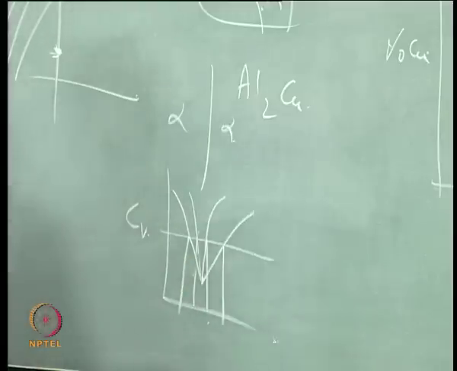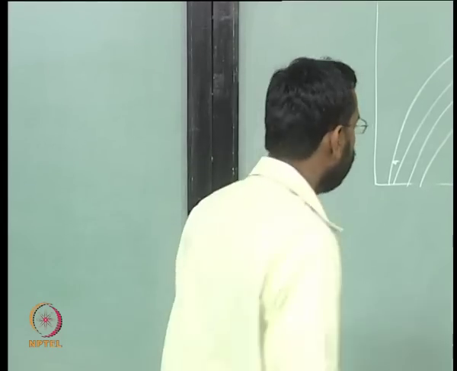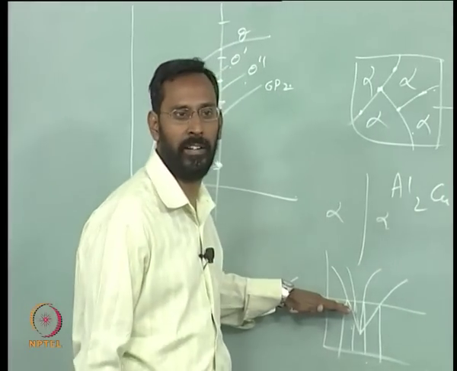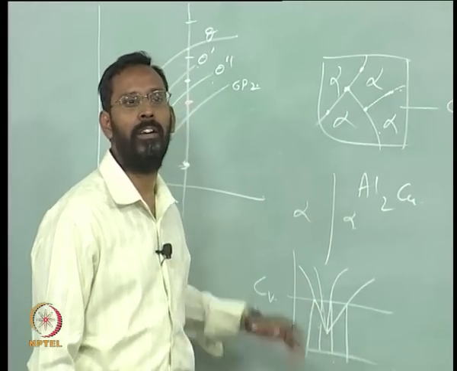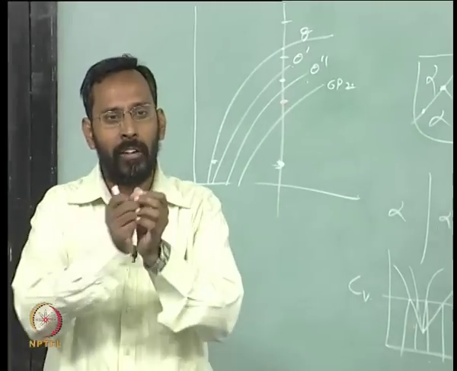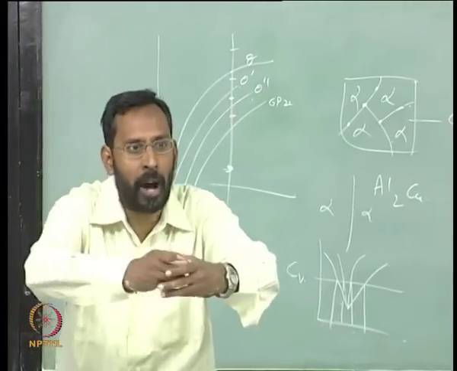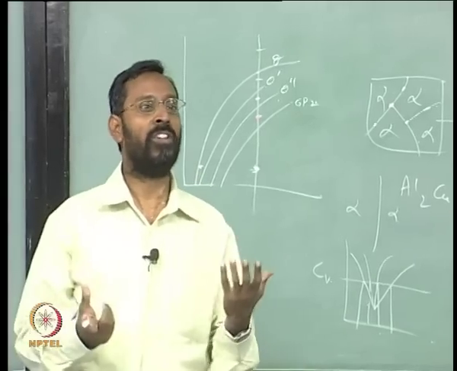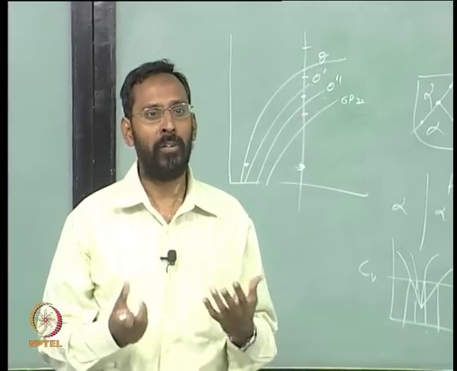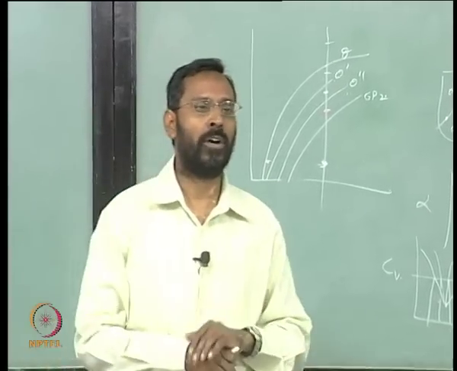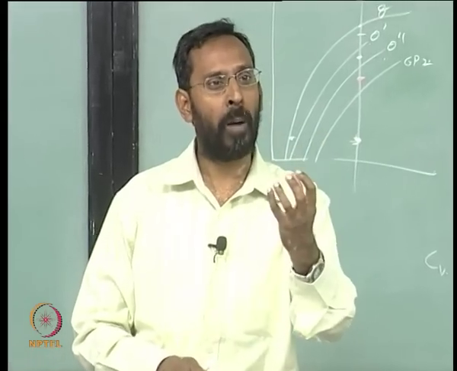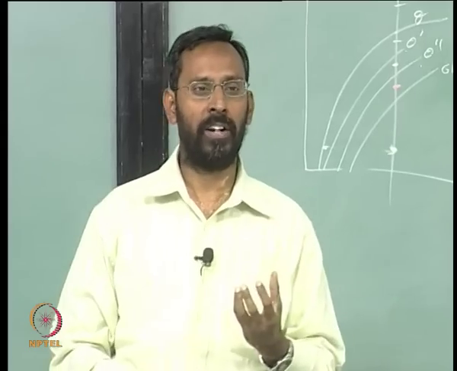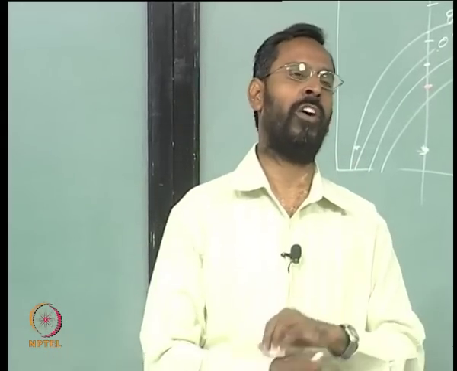So quenched-in vacancies are also important. Yes, most of the time you can have nucleation taking place there, but you should have a sufficient quantity of them. There is a critical quantity that is required, because if you have a sufficient number of vacancies, a sufficient number of copper atoms can come. So basically Al2Cu or GP zones have to nucleate, let us say. GP zones mean it is mostly pure copper. So an almost pure copper, let us say, of a critical size has to form.